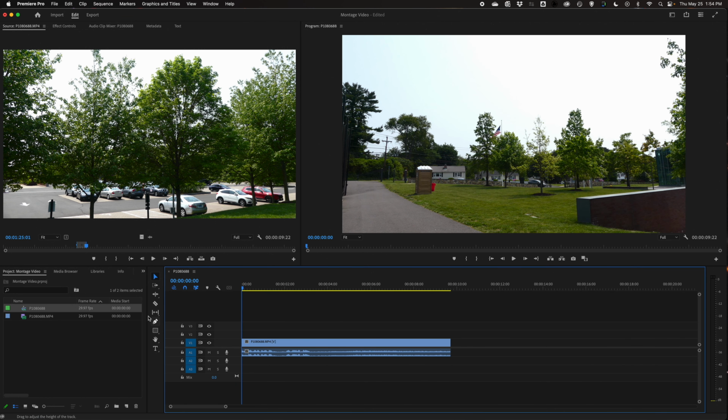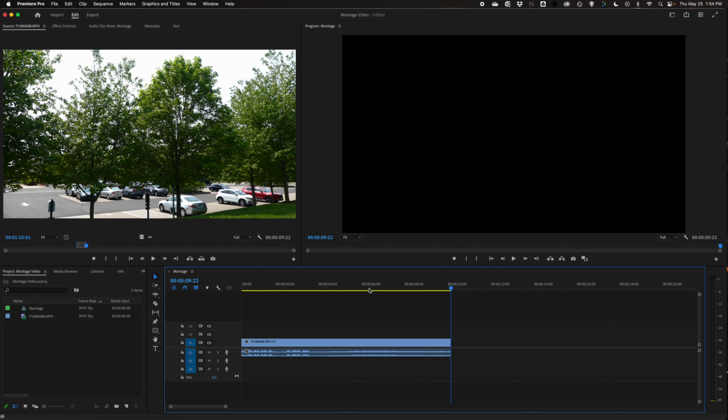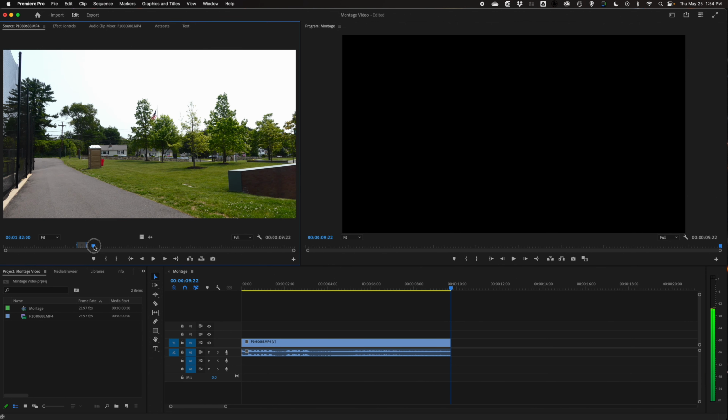And now we've created a timeline. And I always like to come back in here and rename my timeline once it's created. And click over here on the timeline. I'm going to hit the down arrow to make sure I am at the end of the clip. And now we're going to scrub forward a little bit